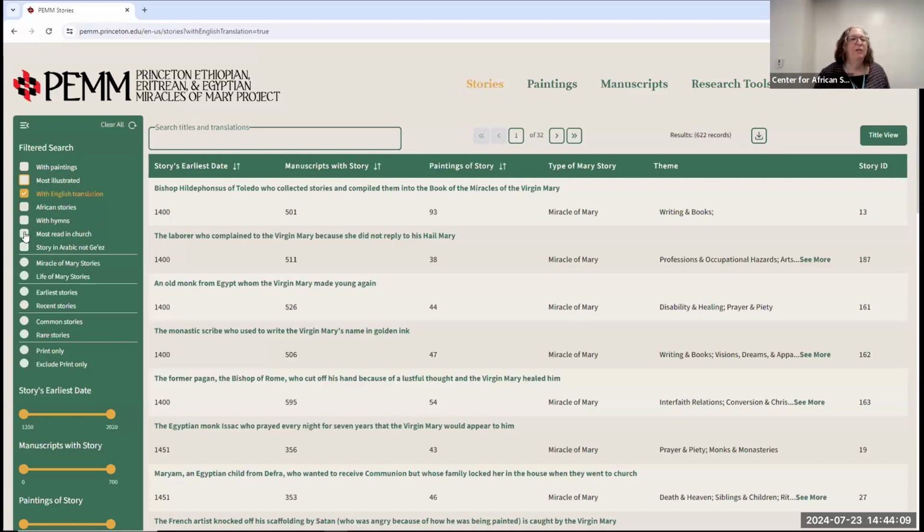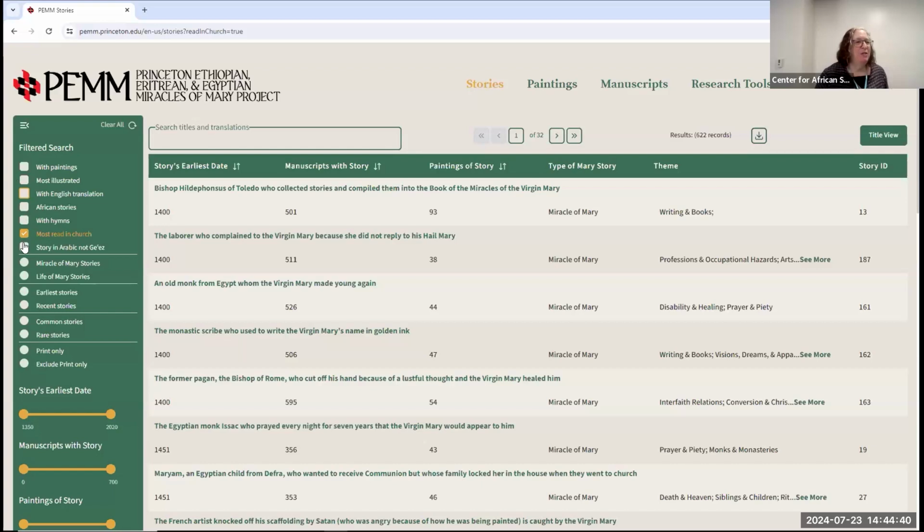The most read in church, you know, these stories are very old, and some of them kept on in the tradition and some of them disappeared, even if they were very popular in the beginning. So most read in church is kind of a way of talking about the canon today in Ethiopia. What are the stories that you would most likely hear if you were going to church and hearing these stories read aloud? This was something that I forgot to say to you all, but these Tamata Mariam stories are treated as scripture in Ethiopia. They are something that are read aloud in church.